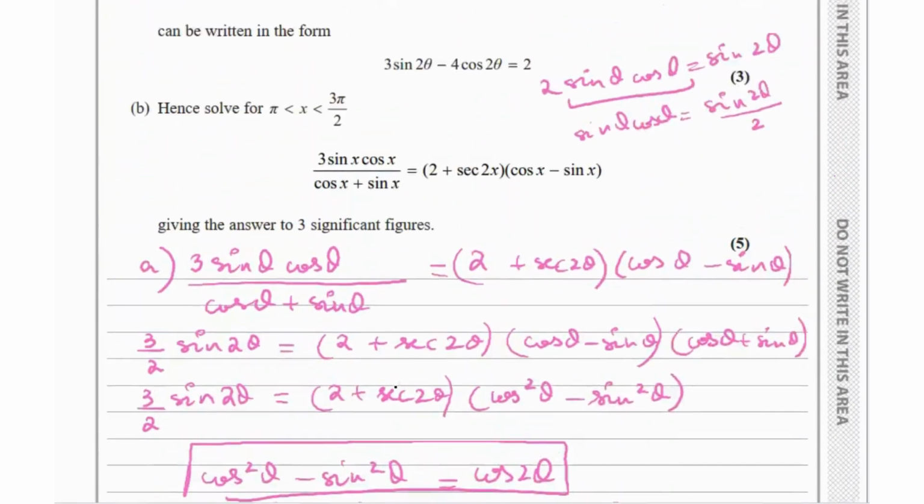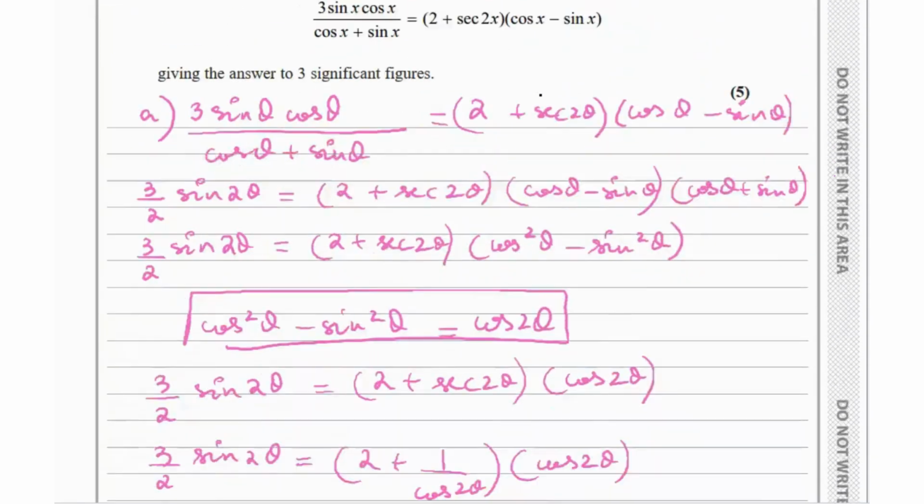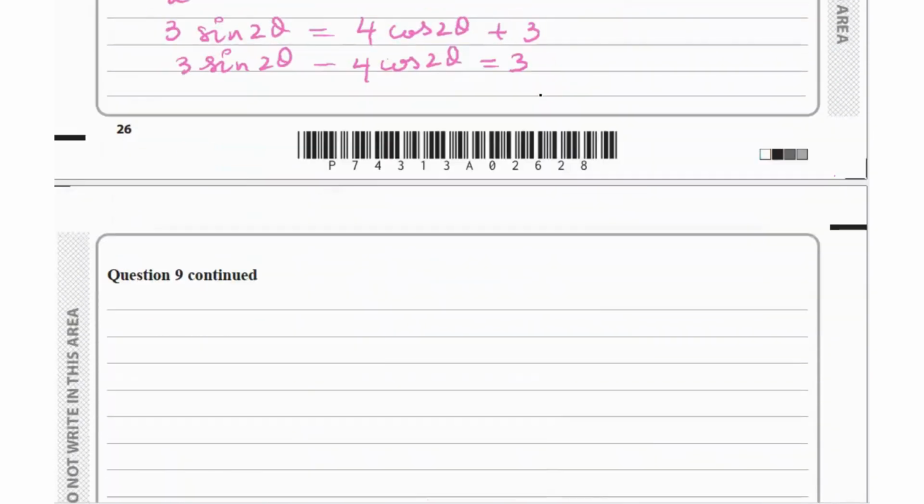Next, it says, hence solve for x from pi to 3 pi by 2, where we have the first equation, and we have to solve it giving the answer correct to 3 significant figures. Since it's saying hence, that means we will use this equation. Always. Hence means that use your answer from the previous part. So to use this, we use another form of method